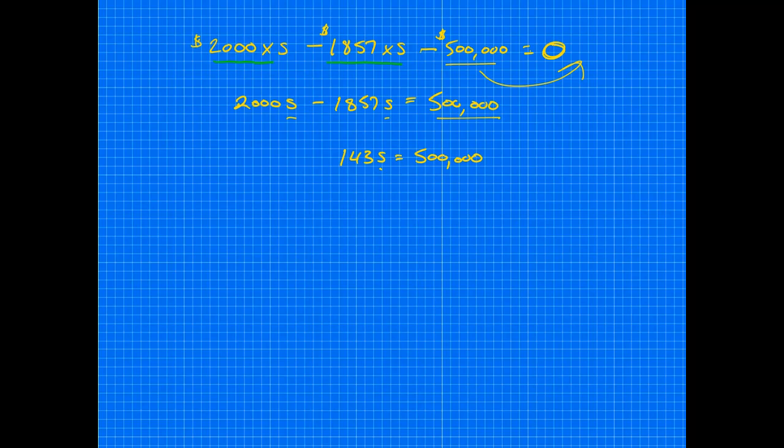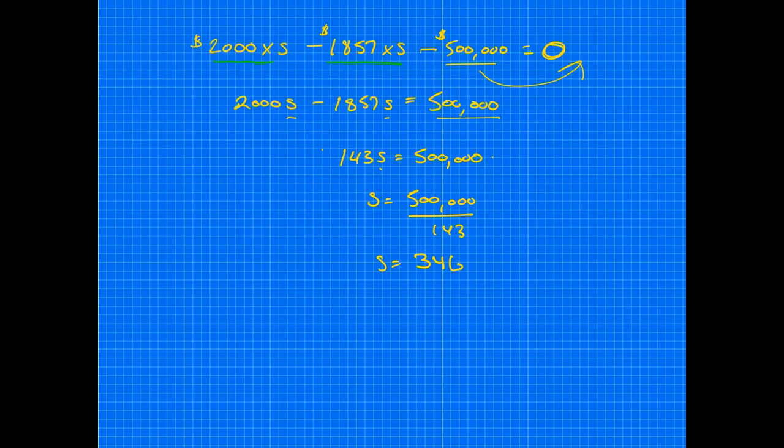So we're going to divide each side of this equation by 143. And that leaves just S on this side, and 500,000 divided by 143. And then that means S equals, doing my calculator out here, S equals